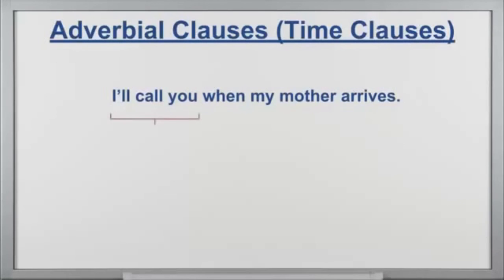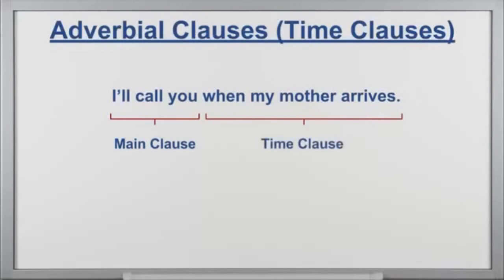So the first clause, the main clause, is I'll call you, okay? When my mother arrives is the time clause. Once again, I identify this by the word when, okay? I'll call you when my mother arrives. Main clause, time clause.